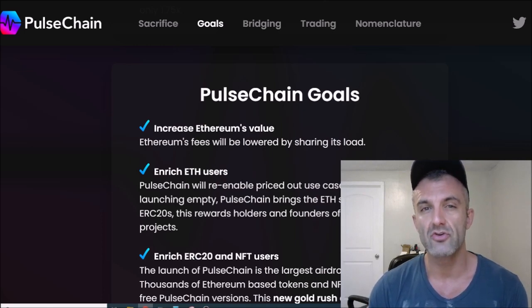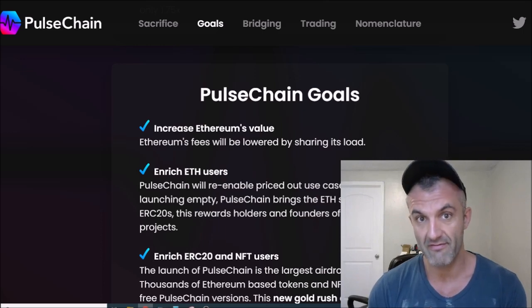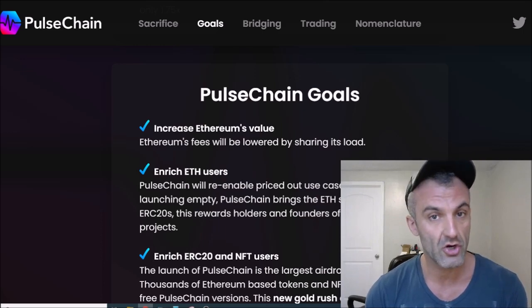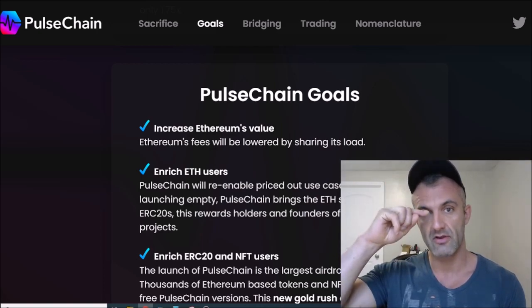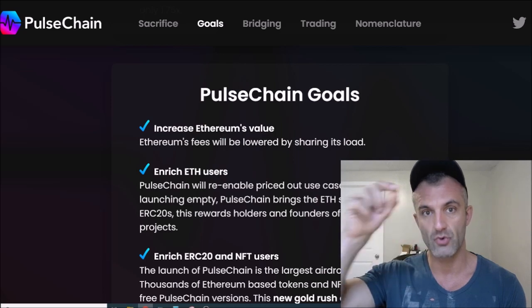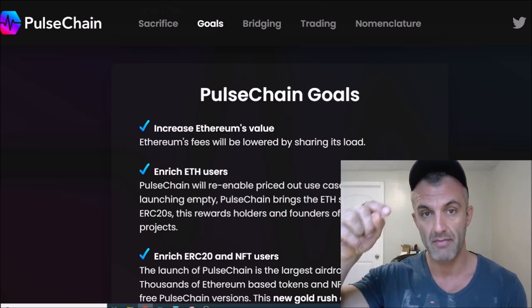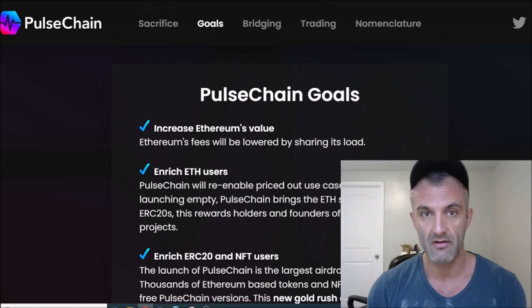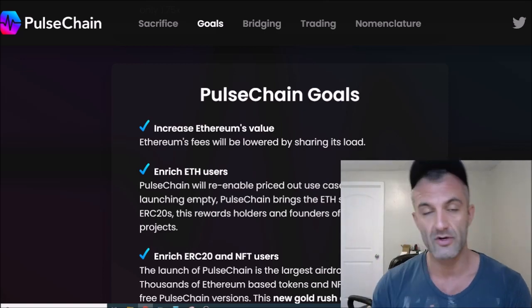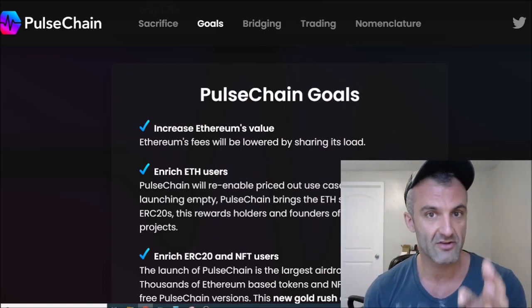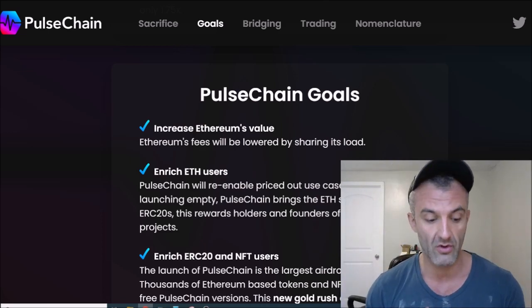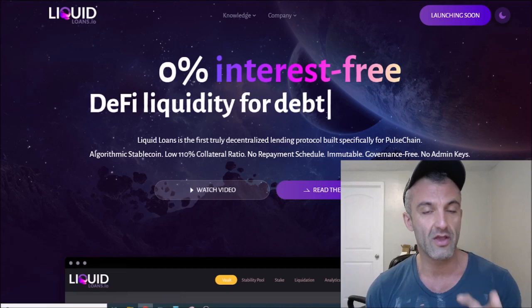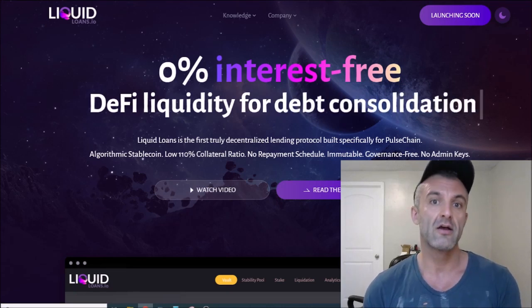What happens to your bag? Well, now you have 4x'd your return. The market went up by 20%. House value was 100, now it's 120. Went up by 20%. Market goes up by 20%, and you 4x'd your return. You went from 5,000 to 25,000. Yeah, that's pretty cool, and that is what you're able to do with Liquid Loans.